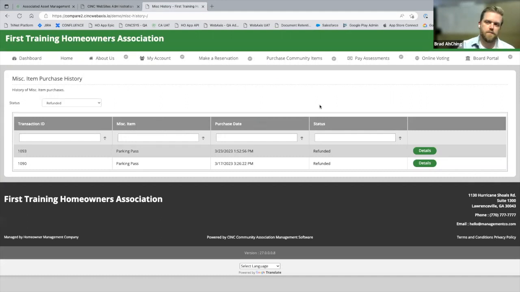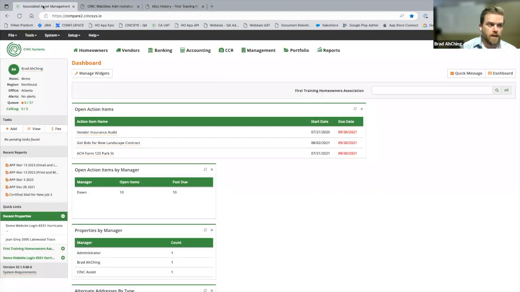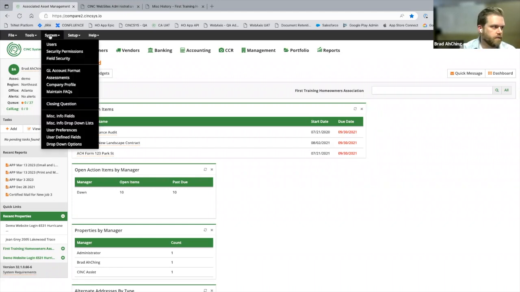All right, now let's go quickly over to the CINC accounting side and show how these transactions are tracked in CINC. So while I'm in CINC, every single miscellaneous item that you set up, you tie to a GL account. So when you're in your